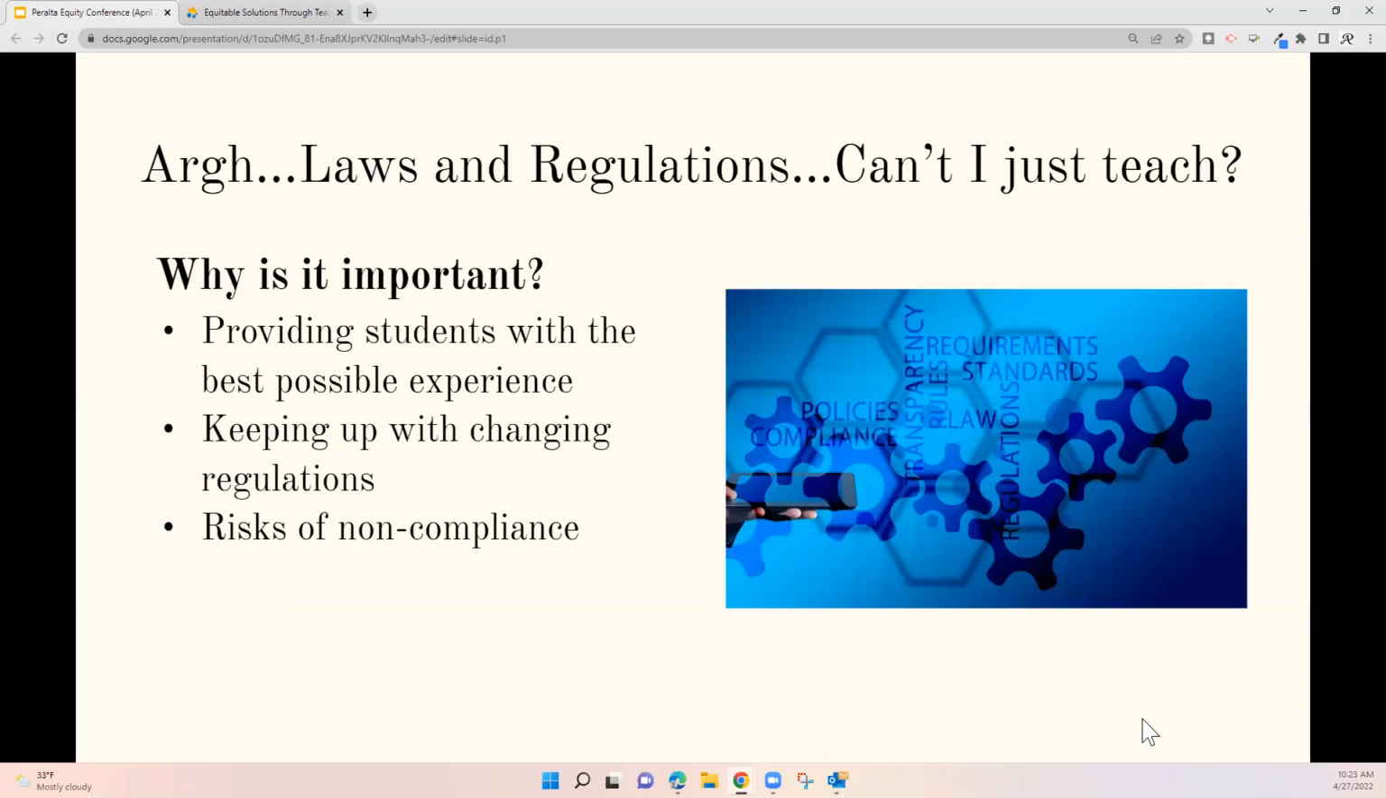Our laws and regulations. Can't I just teach? As educators, we have a lot on our plate: design, curriculum, technology, teaching, and facilitating. And oh yes, ensuring that we are in compliance with pertinent laws and regulations. Staying abreast of regulations and the law as it pertains to teaching and learning is important for a number of